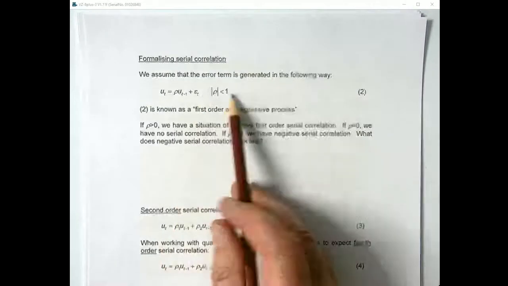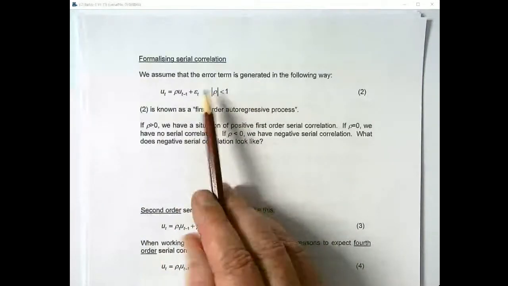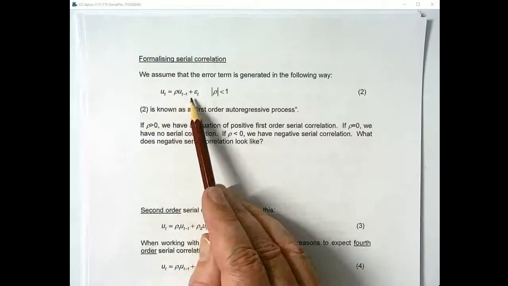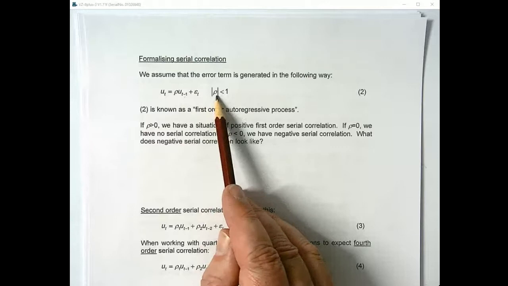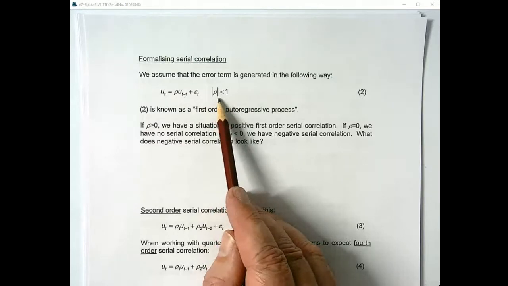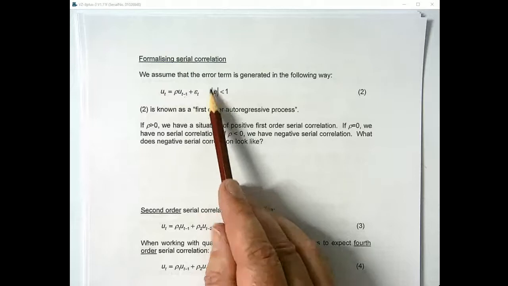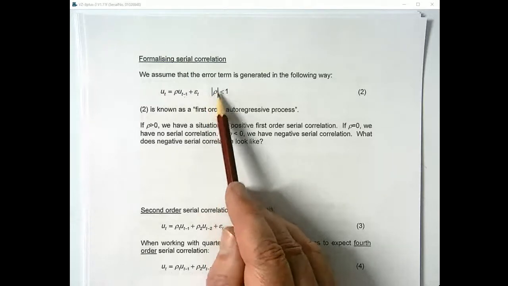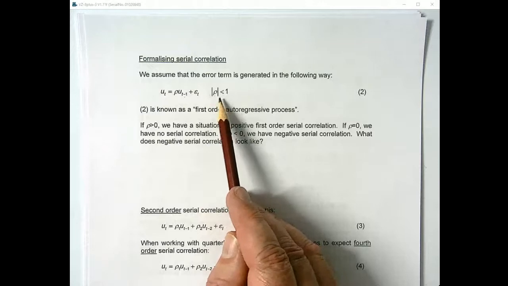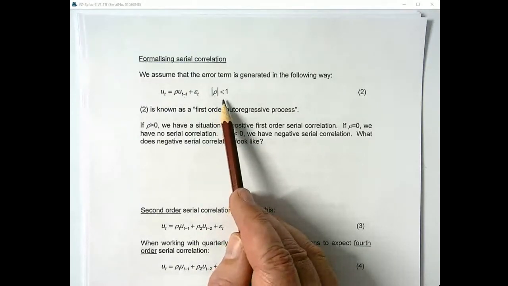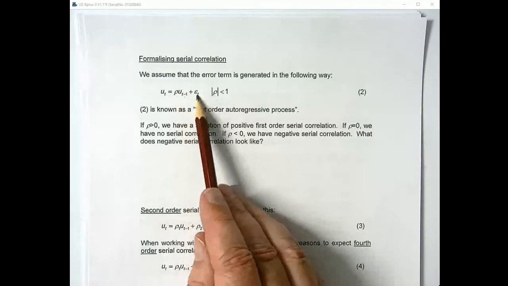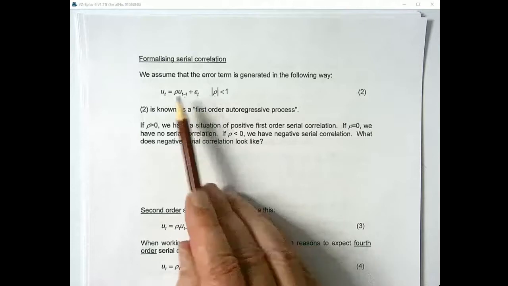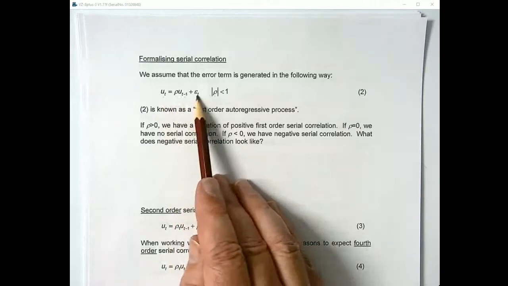We assume, this is page 60, that the error term is generated in the following way. ut = rho ut-1 + epsilon t. Rho is a new parameter which takes a value between minus 1 and plus 1. Notice that when we say the absolute value of rho, the vertical lines mean absolute value. If we say absolute value of rho less than 1, that's like saying rho is between minus 1 and plus 1. So it's just a fraction that's less than 1 in magnitude. That's what rho is. And we also have an error term, epsilon. This is a new error term. Obviously, u is an error term itself, but we've got a new error term,